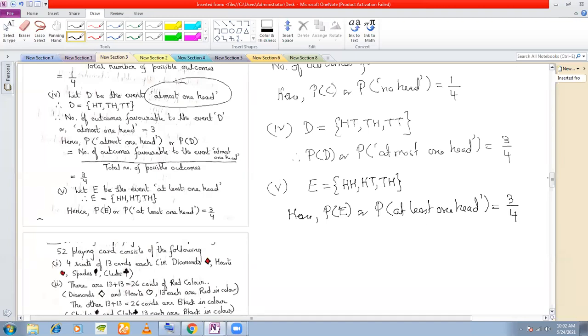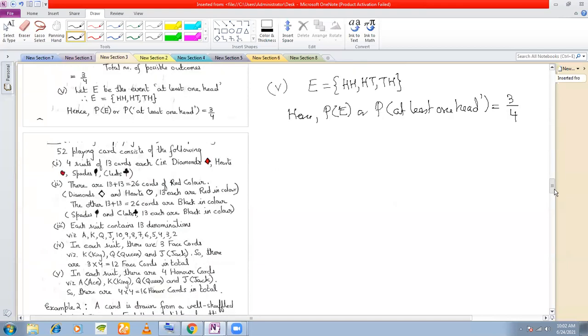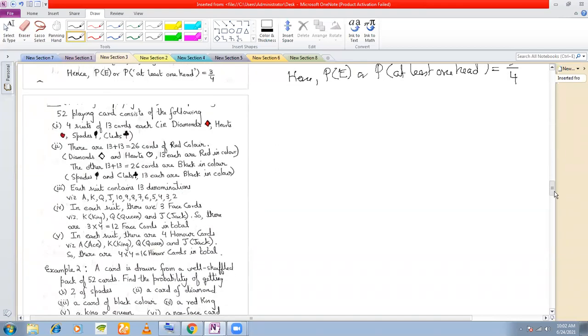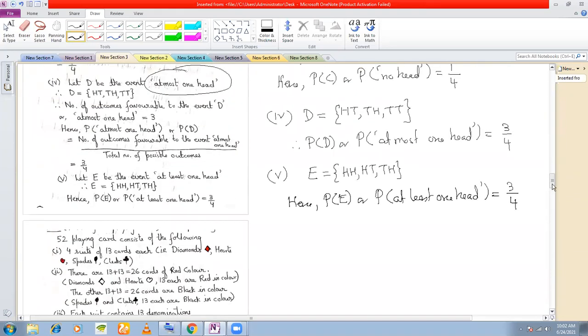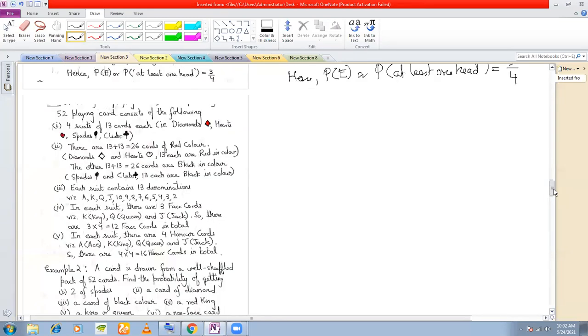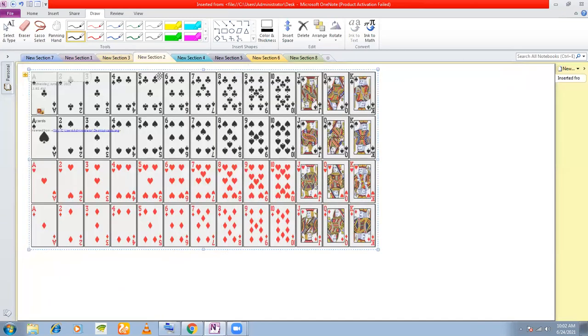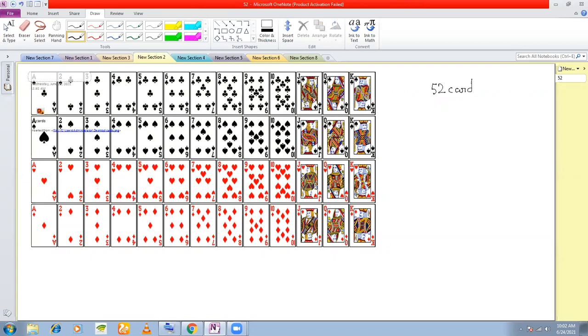That's it. Okay. Now, once we are comfortable with this, if you have no question here, then we can see the structure of cards. I sent you an image yesterday. This was the image that I sent you yesterday. Now see, in this image, the set of cards are given to you, right? There are 52 cards in total.